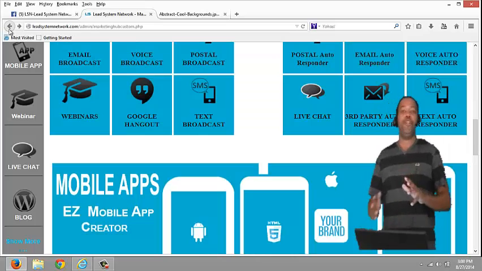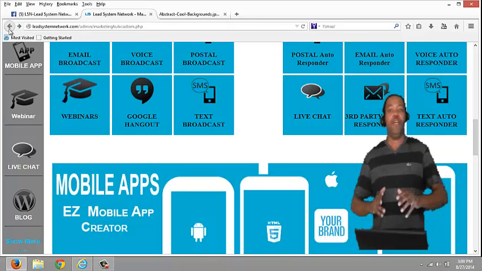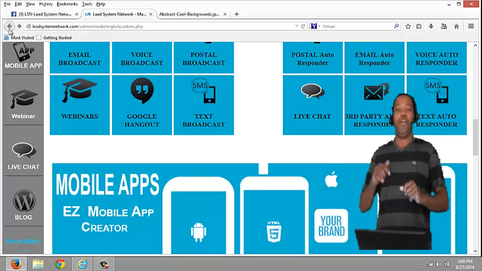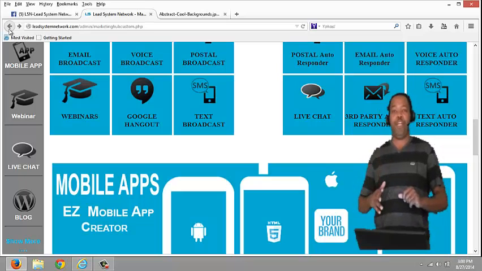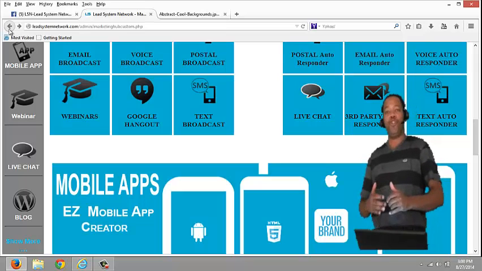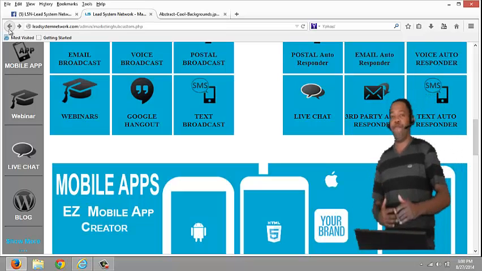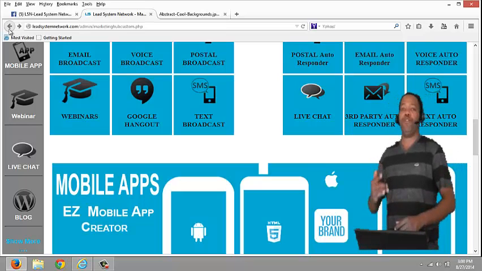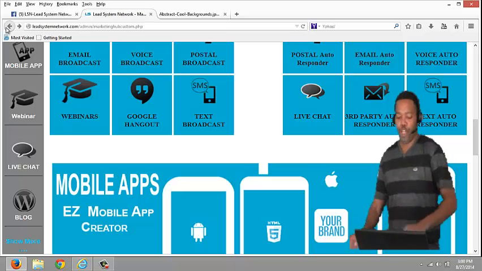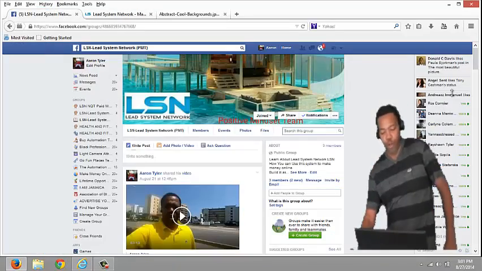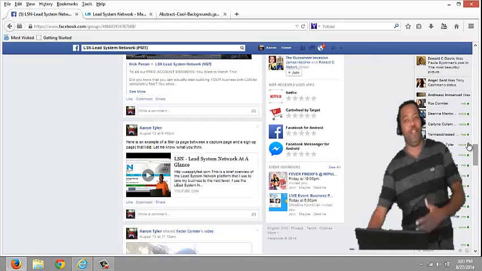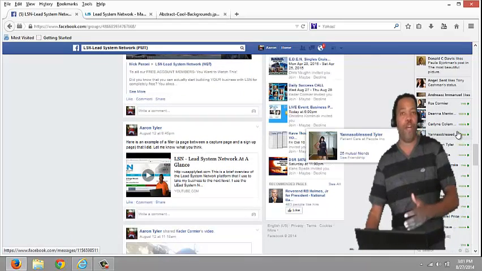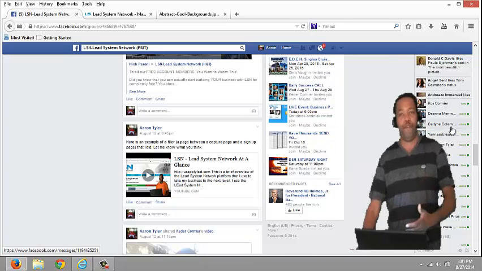So, what you need to do right now, listen very carefully, is somewhere on this page, either below on the side or above, there's a link that you can click on. It's going to take you to the next page where there are going to be some people explaining more about the system. Now, go to the bottom of that page and click create a free account. Once you create your free account, what I'm going to do for you today is enter you into our free Facebook group where you'll see various tricks and tips on how we do what we do and several trainings on how we do what we do, along with the training that I'm going to give you. A lot of this training is on Facebook.